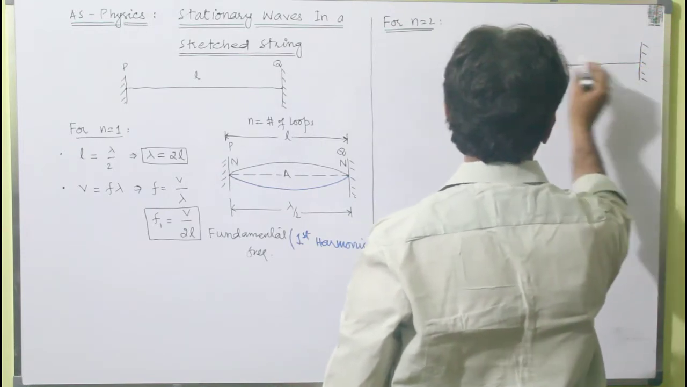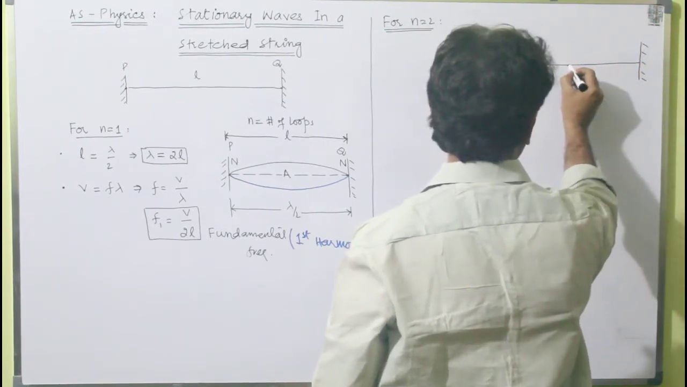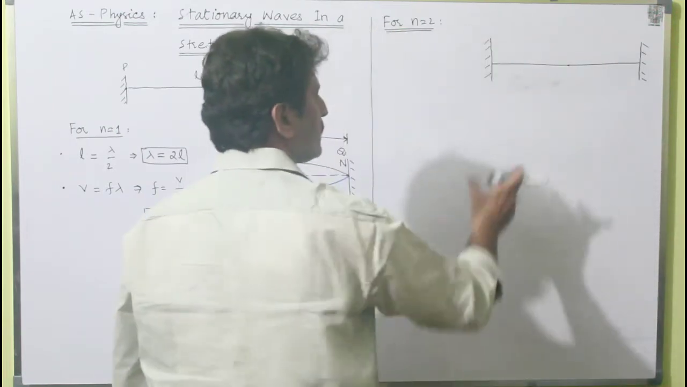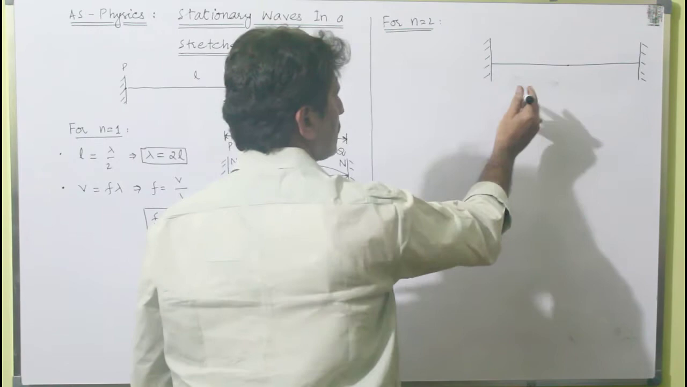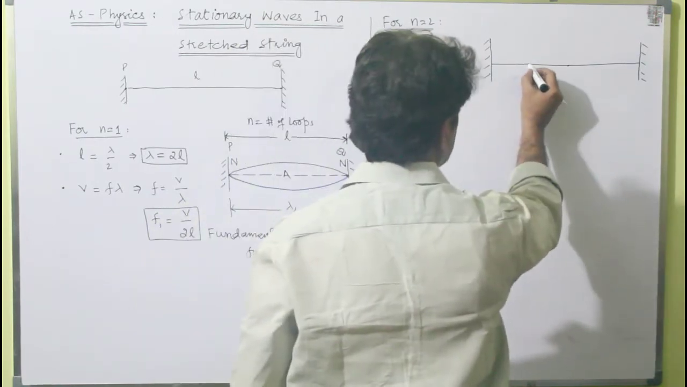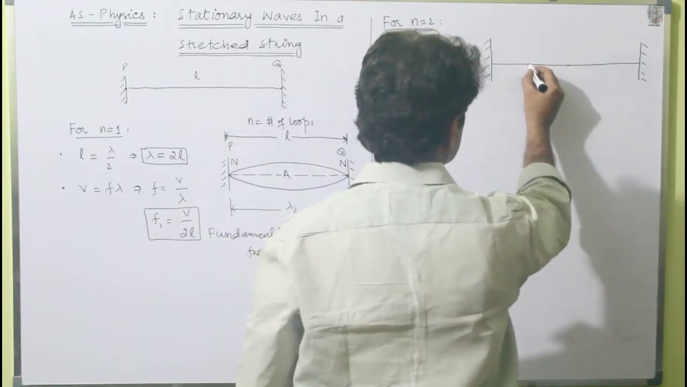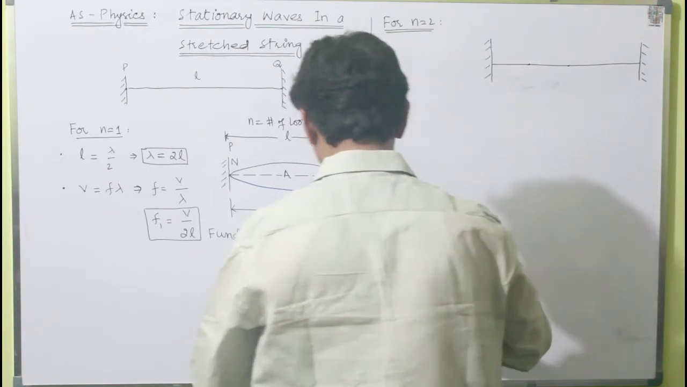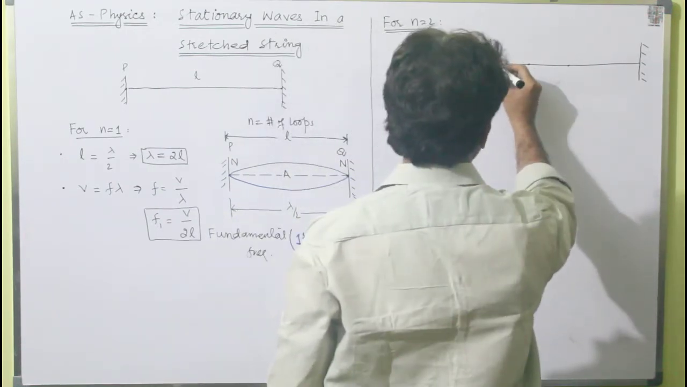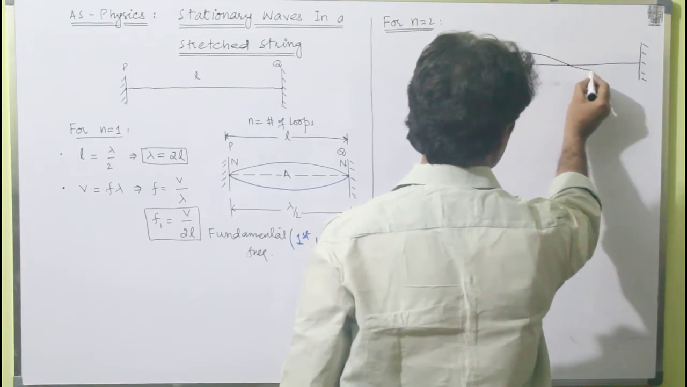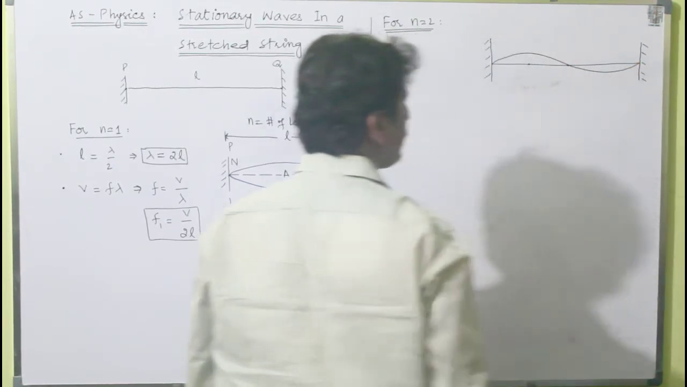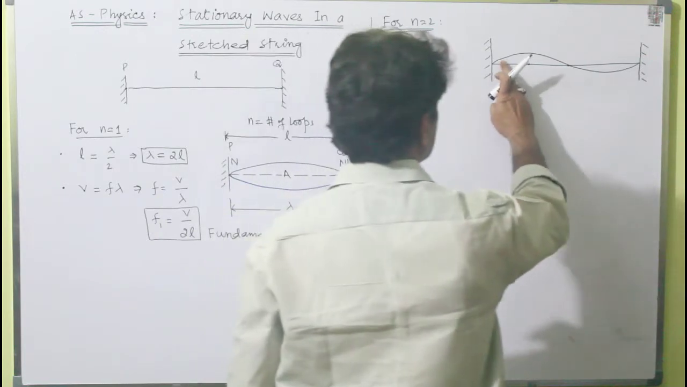Now these are the two fixed points. It is the midpoint. Now we will pluck the string from the left half of the string. From left half of the string means from here we will pluck the string. Now at the time t equals 0, the position of the string will be like this. That means one wave is formed here,